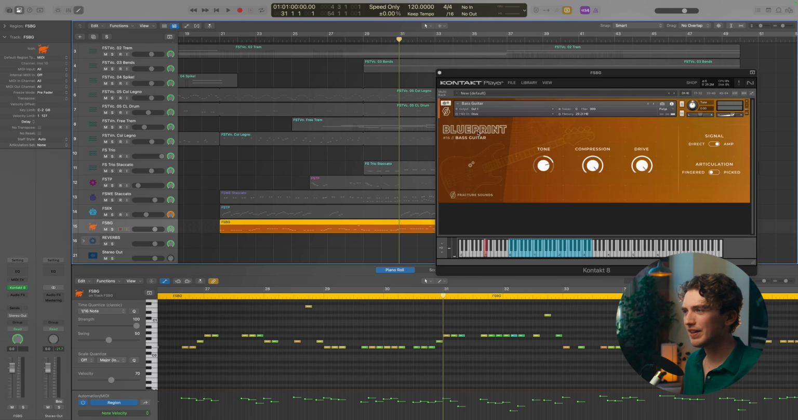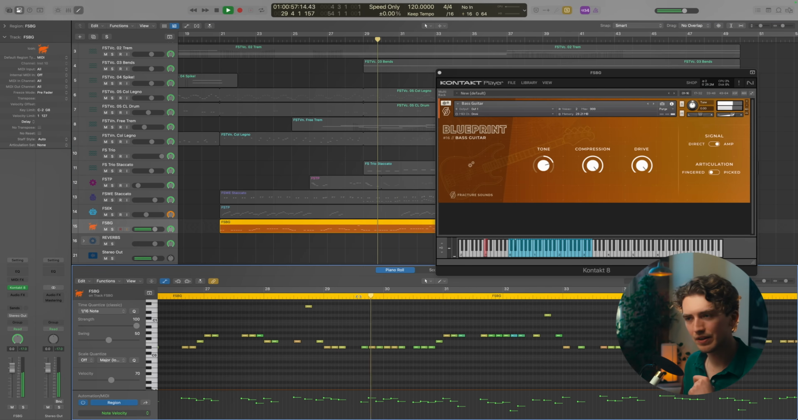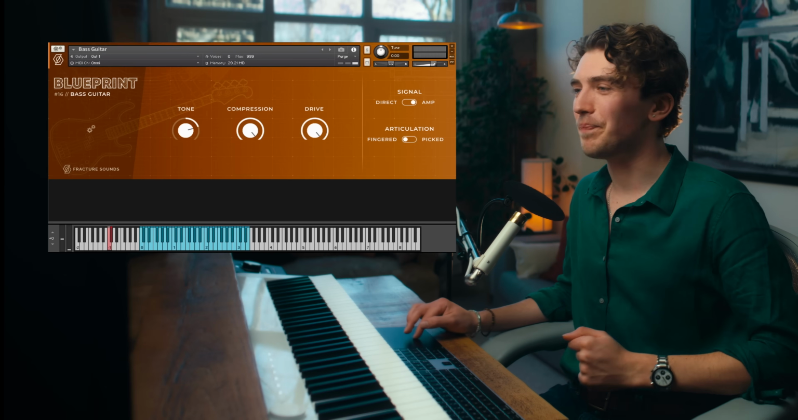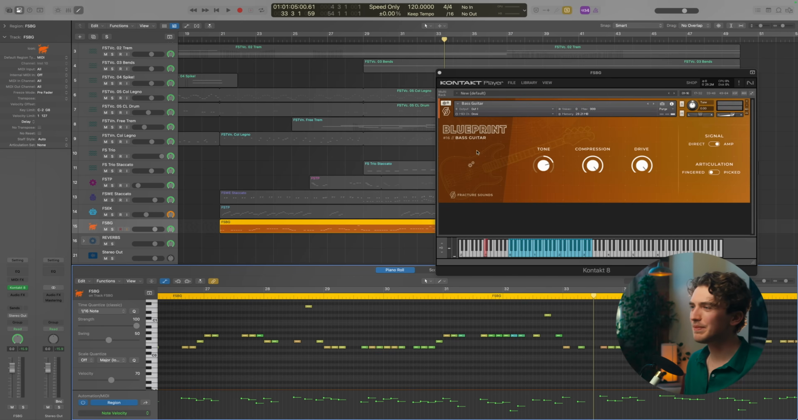Last but not least, Fracture Sound's bass guitar with my favourite settings. Personally speaking, I like a more electronic sound from this, so compression and drive is turned all the way up, and our tone is made a little bit brighter. Here's how this sounds on its own. Very, very convincing. And that, I believe, is my demo track